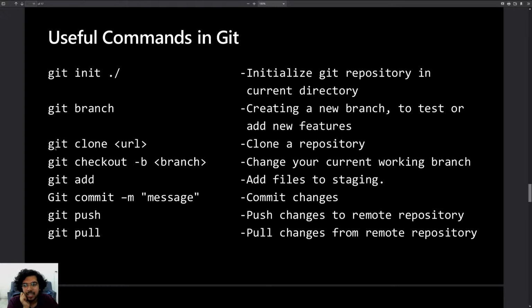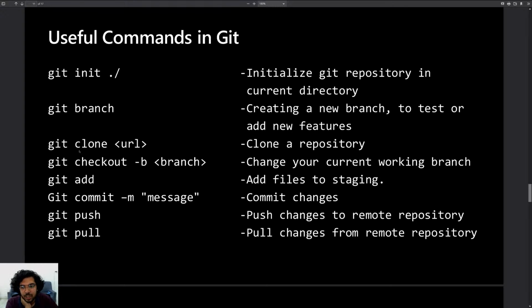Okay, so the next command is git clone. What git clone does is you can clone a repository which is on GitHub or in some other place. If I want to work on a project, then definitely I'll need to have the files on my local system.